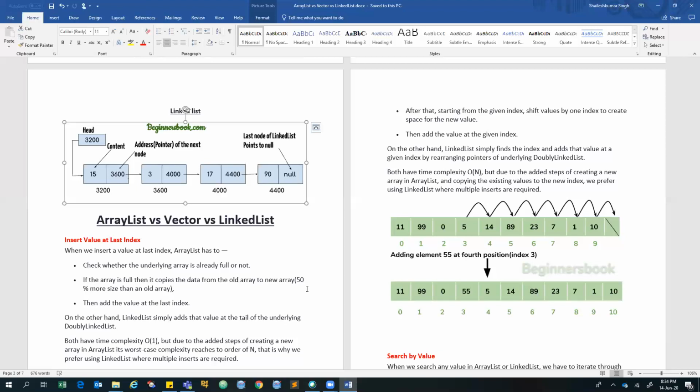And obviously, if you go for ArrayList, it is not thread safe, so obviously it will be fast, because if you are using a vector in a threaded environment, there is a lot of mutex locking, unlocking, and things like that. So there will be overhead. So it will be a little bit slow.